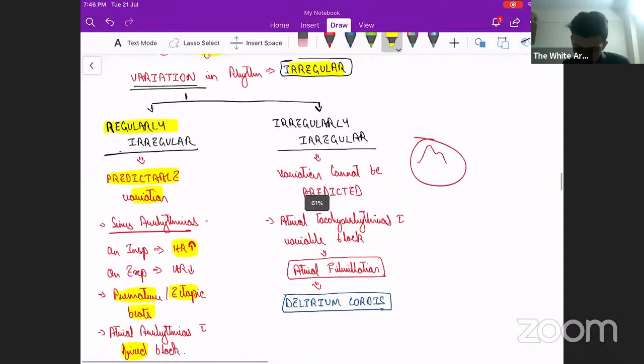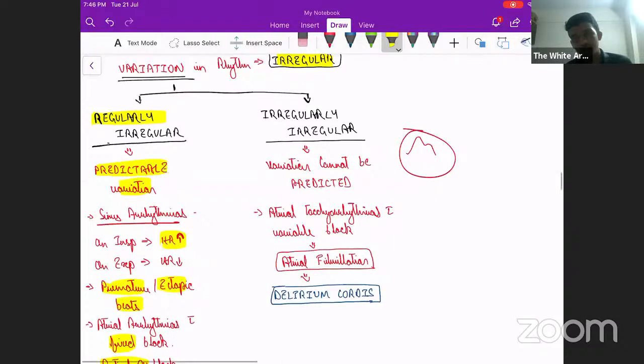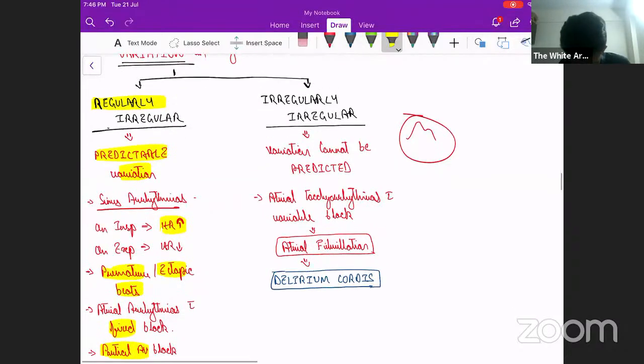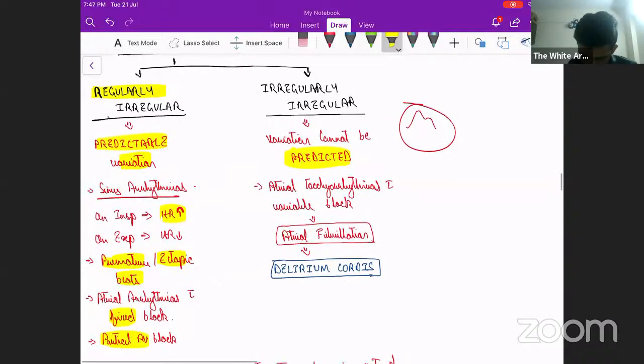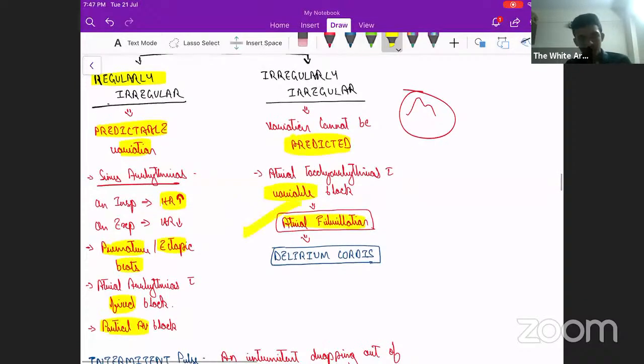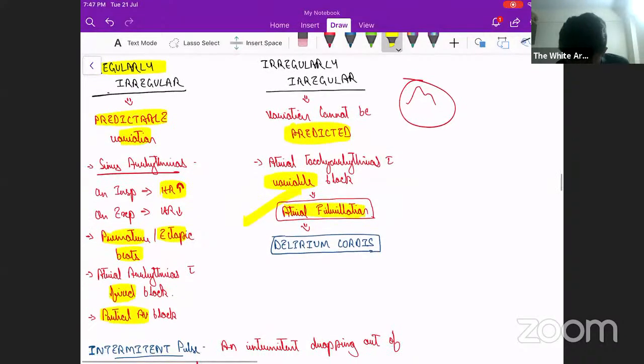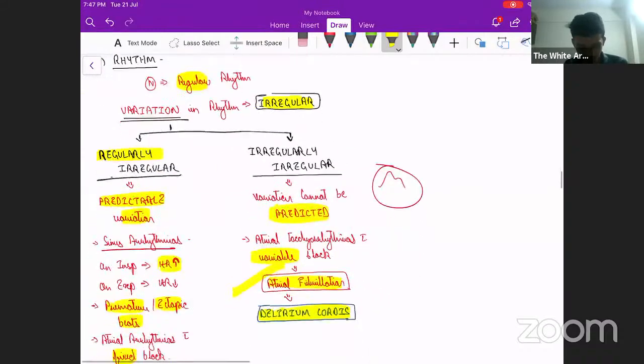Okay. Next is irregularly irregular rhythm. When do we expect an irregularly irregular rhythm? This happens when you cannot predict the variation. There will be irregularity, and that irregularity cannot be predicted. The classical example is atrial fibrillation. Any atrial tachycardia with variable block, you can expect this irregular rhythm, and the most common one and the classical example is atrial fibrillation. Good. It's also called delirium cordis. So this was to do with the rhythm. So next we'll see